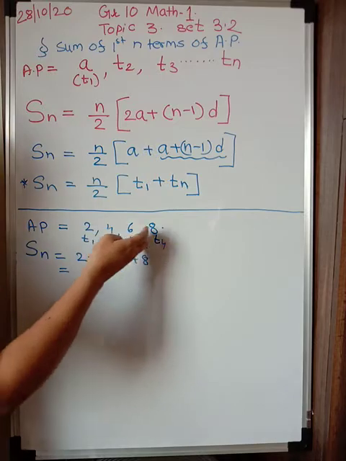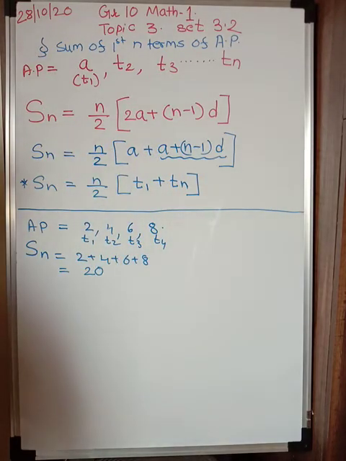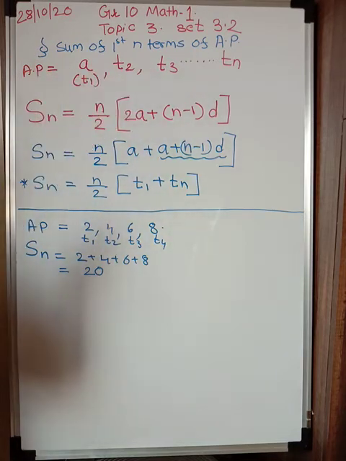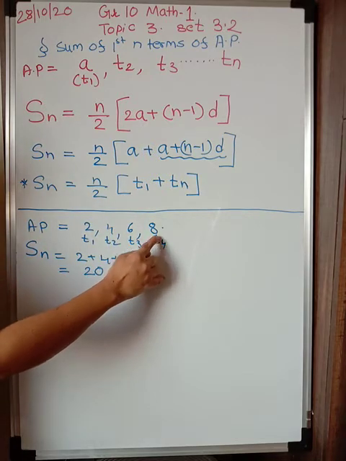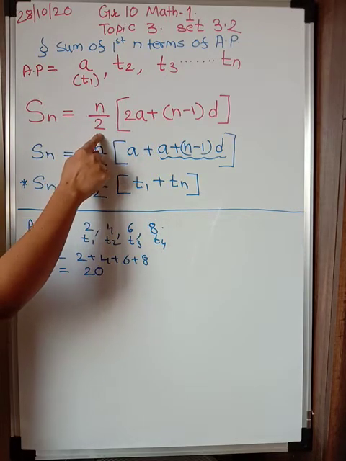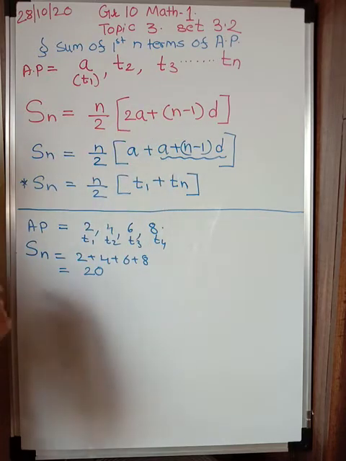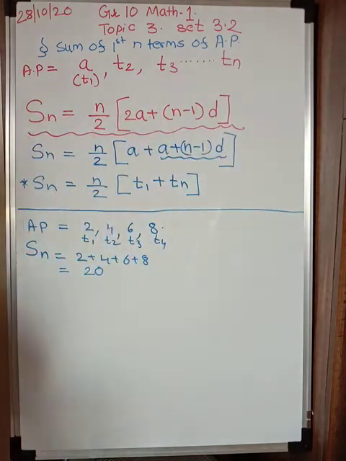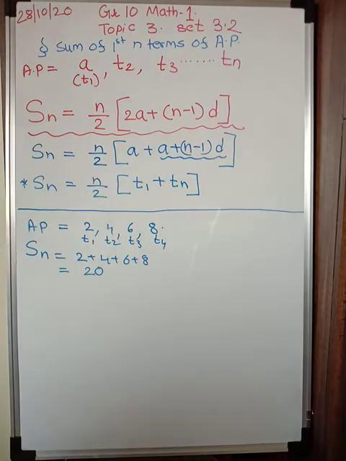But sometimes in an AP there are 100 to 200 numbers. And numbers are also big. At that time what will you do? So we need a formula to find the sum of all the terms in an AP. So the formula is, sum of n terms is equal to n by 2, where n is what? The number of the last term. For example, here n is 4, the fourth term. So Sn is equal to n by 2 in bracket 2a plus n minus 1 into d. So this is the important formula which you should remember. Okay. So what is the formula to find Sn? Sn is equal to n by 2 in bracket 2a plus n minus 1 into d.